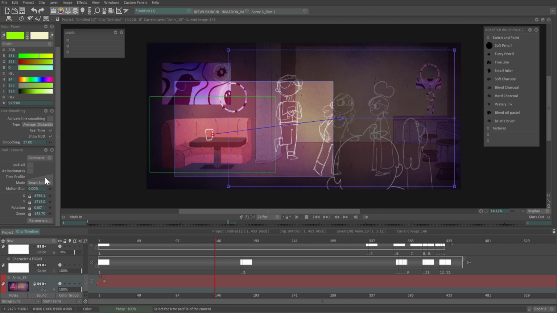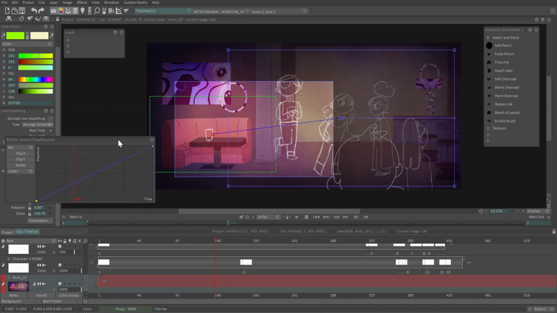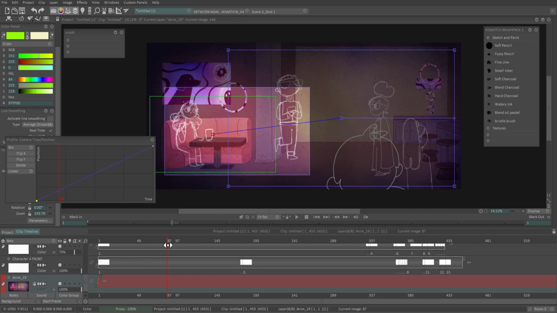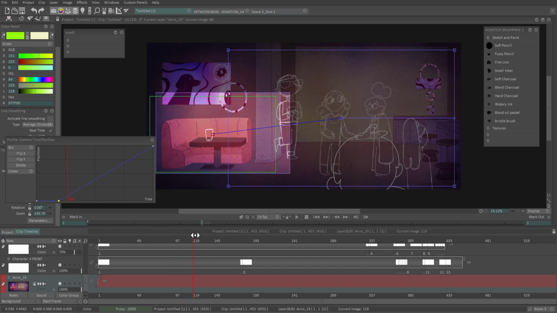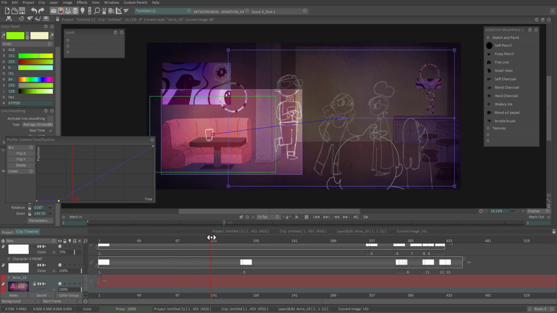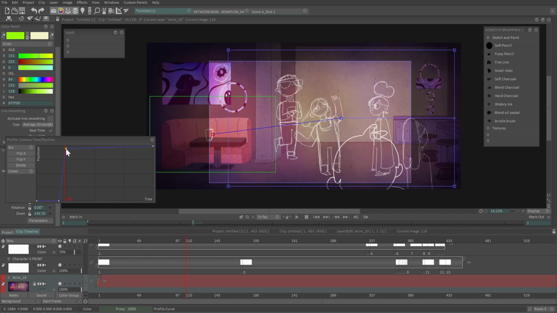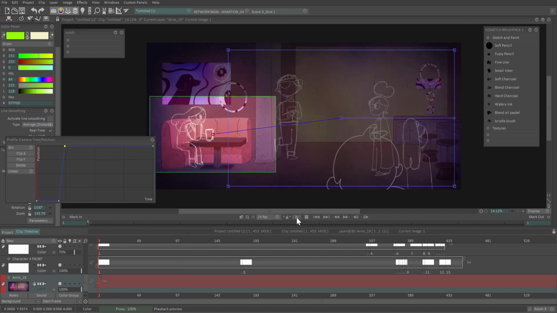So I'm going to go to the time profile, and I'm going to make this a little bigger so I can map out my points. Now the camera shouldn't move until frame 38, so I'm just going to make a point and drag it down, and then she moves over here, but it's way too slow. So I actually want the camera move to only last until about frame 110. So I'm going to make another point and drag it up, and then if I play it through,